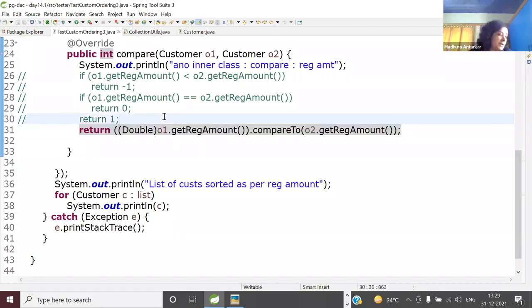Do the bracketing and all that properly. Just let me know whenever you have completed it.